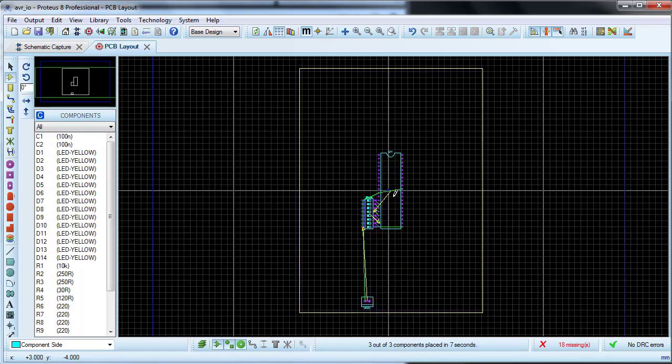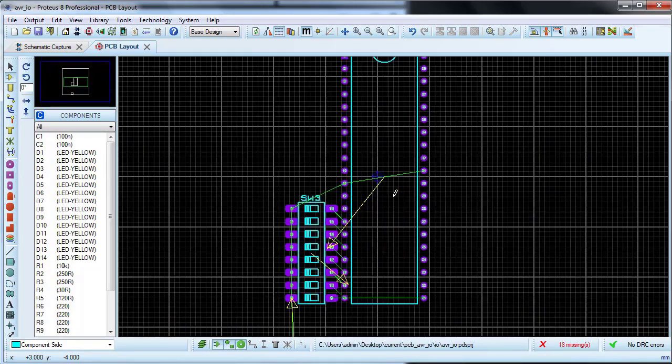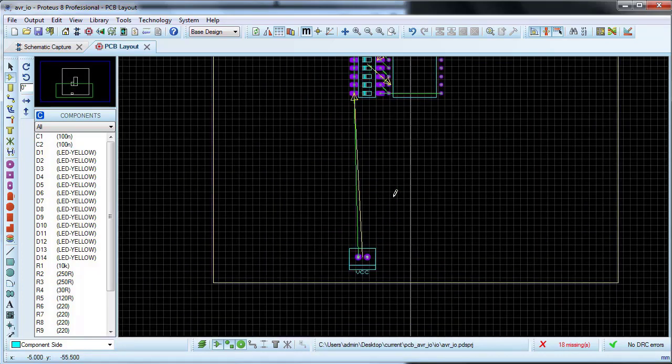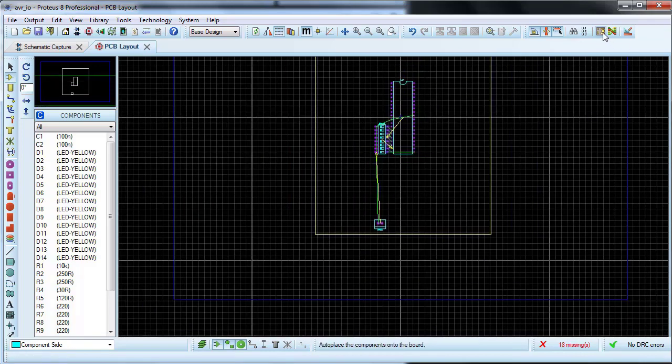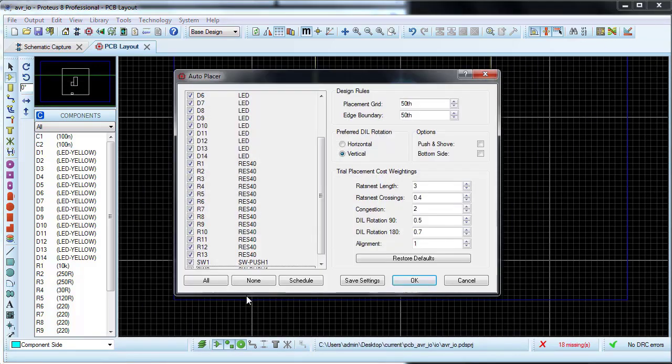This arrangement is appropriate. Two push button with their capacitors and pull up resistor of reset.